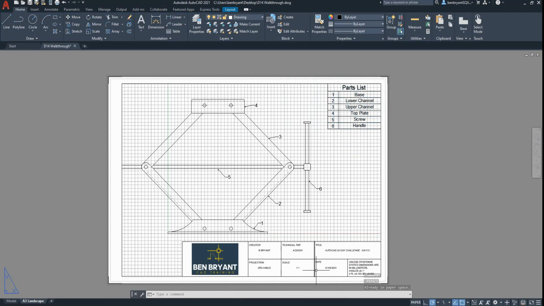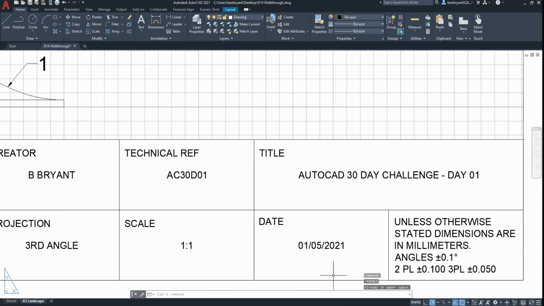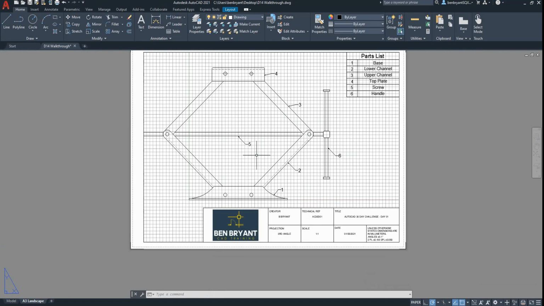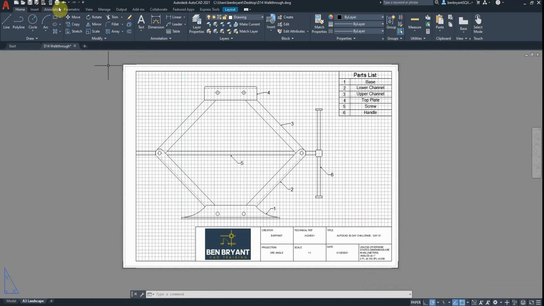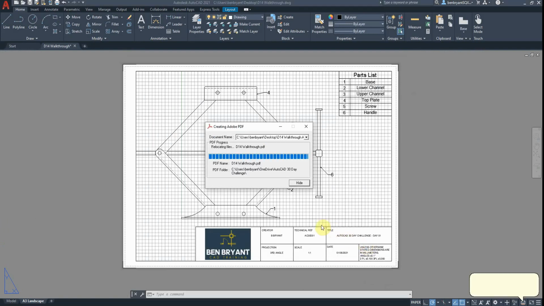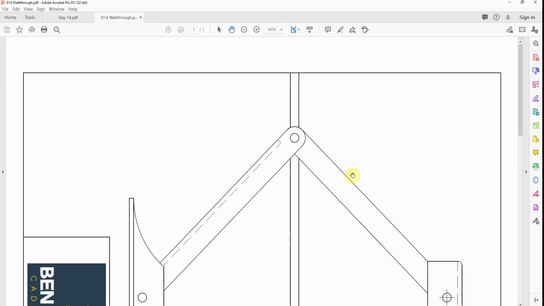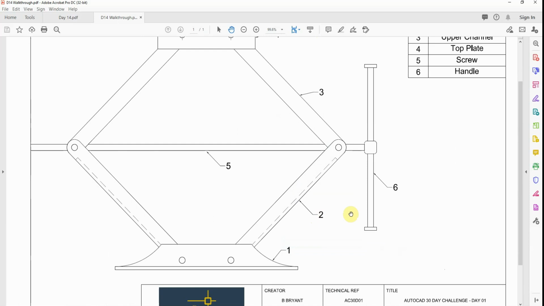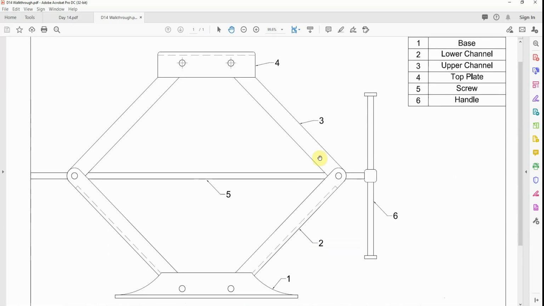So then when we go to obviously print, for me obviously I come down, I need to change all this information for what you guys see. But I can get a plot and I can get a PDF version, so I can now get a plot, output my PDF. Again, if you don't know how to do this, you can have a look at some of the earlier videos that I did, and it shows you how to set all this up, so it's nice and straightforward. And then up will come the view in Adobe, so I'm just going to rotate one round. And there we have it, there's our first mini assembly, six components,